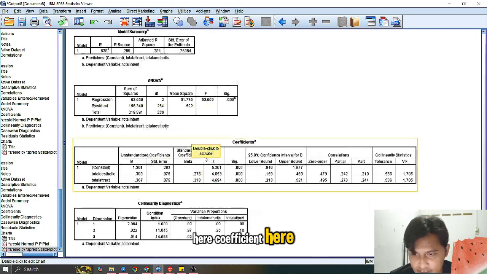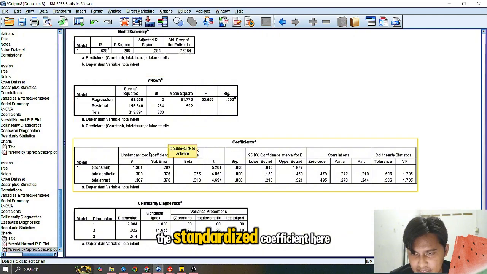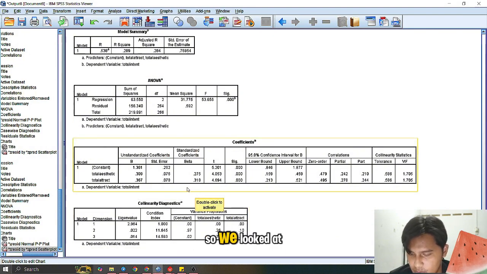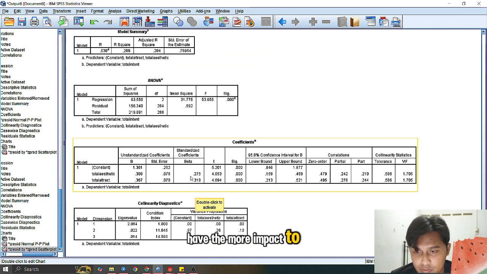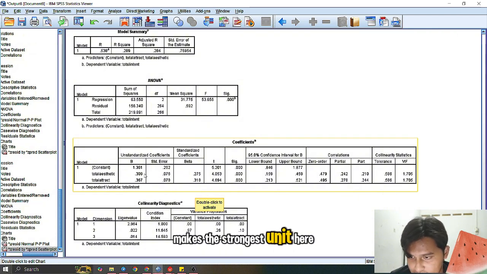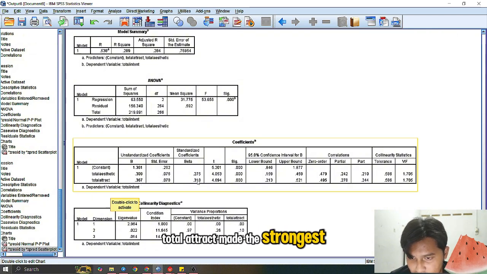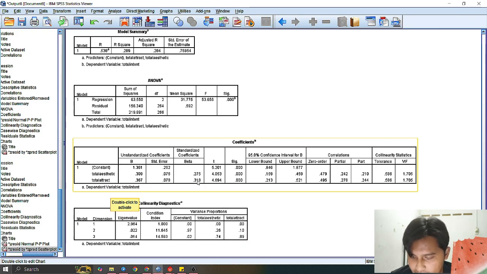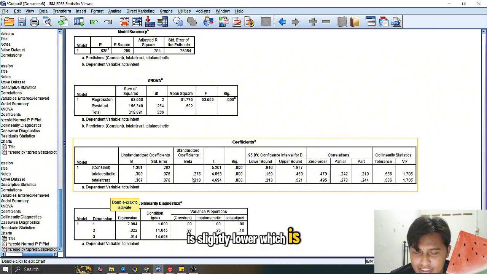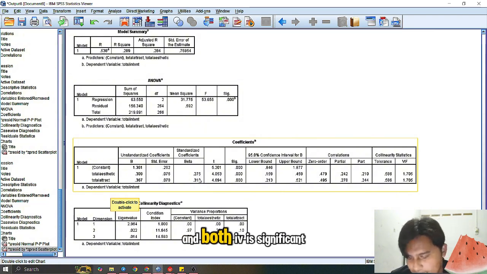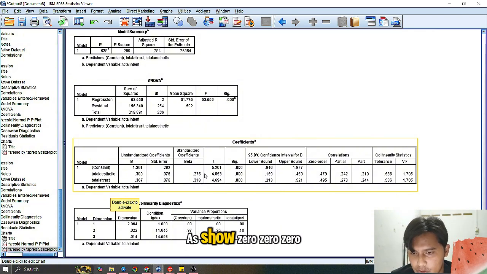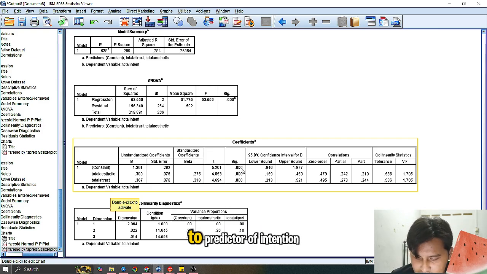Now for evaluating the IVs, we look at the coefficients, specifically the standardized coefficients here. We look at which one has more impact on the dependent variable. As a result, total attract makes the strongest contribution, which is 0.318. And the beta of total aesthetic is slightly lower, which is 0.275. Both IVs are significant as shown by 0.000 here, which means each makes a unique contribution to predicting